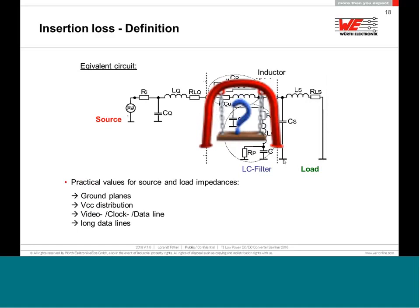If you have to connect different ground planes, when you make an analog ground and a digital ground, and you want to put these two ground planes together, then the ZA and the ZB in this case would be of a value of something like maximum 1, 2 ohm. If you think that your ground plane is higher, like 5 ohm or something like that,